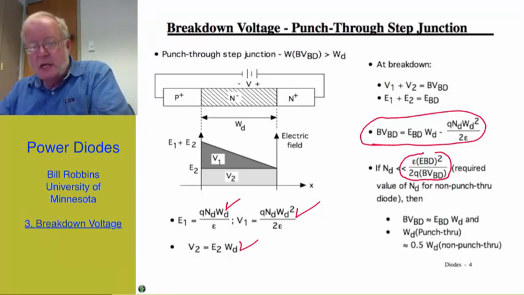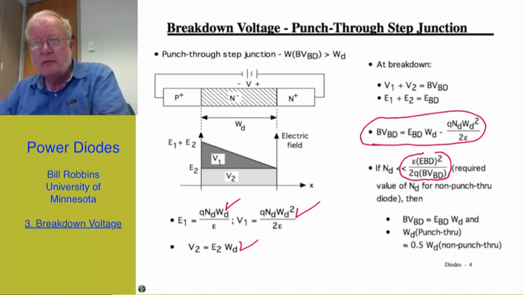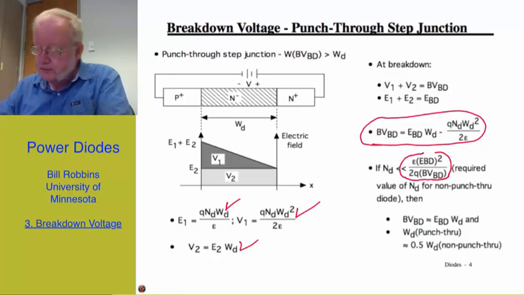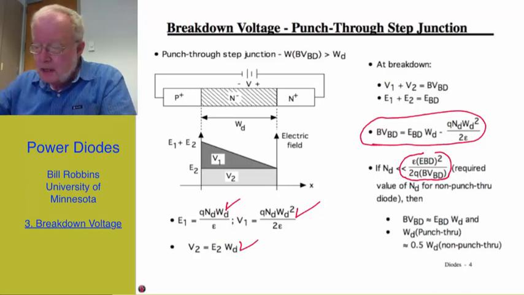For diodes, probably the punch-through structure doesn't have any significant advantages. However, there are blocking junctions in some of our other devices that we'll be considering, particularly the IGBT, for which a punch-through structure is an advantage. And in fact, we have punch-through IGBTs and non-punch-through IGBTs, and we'll be talking about those in a separate module. Continuing on,